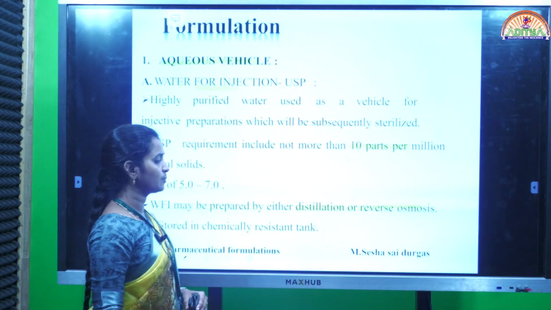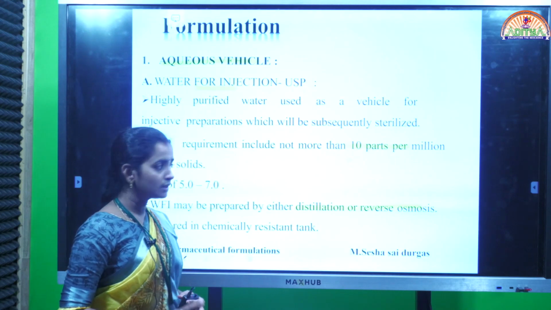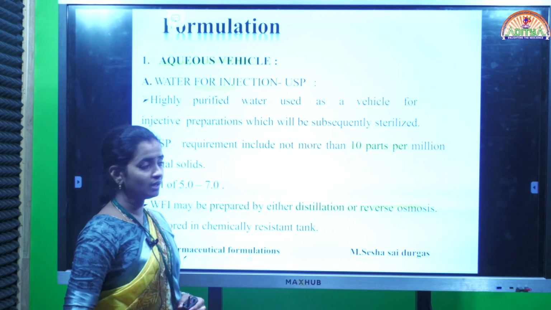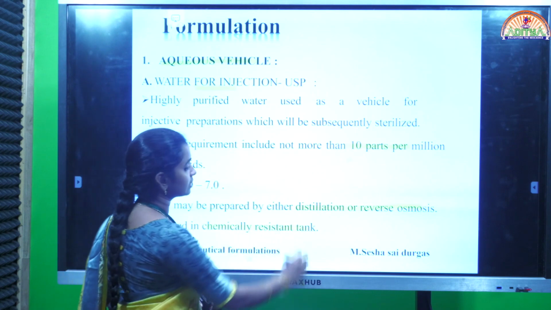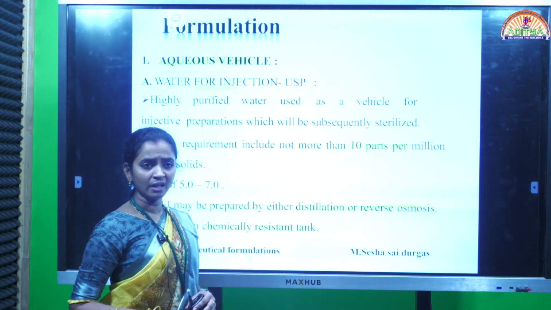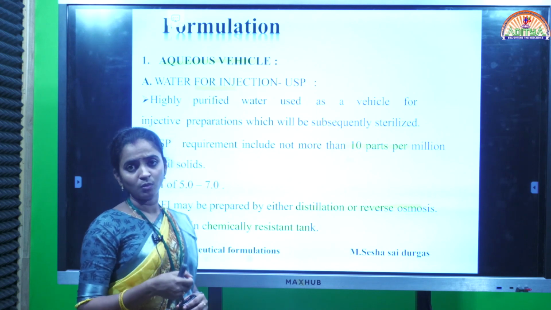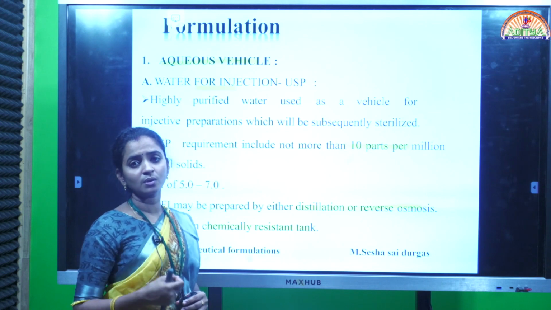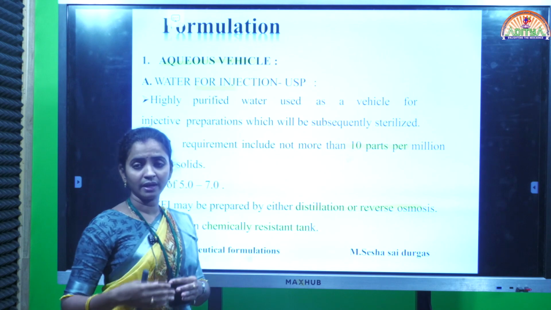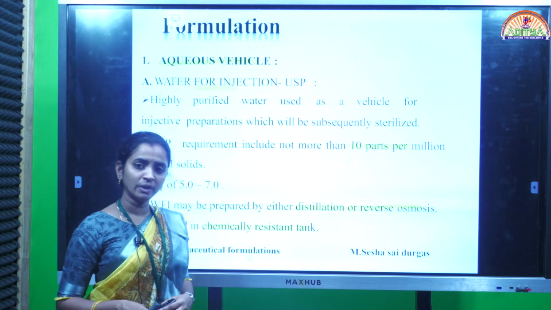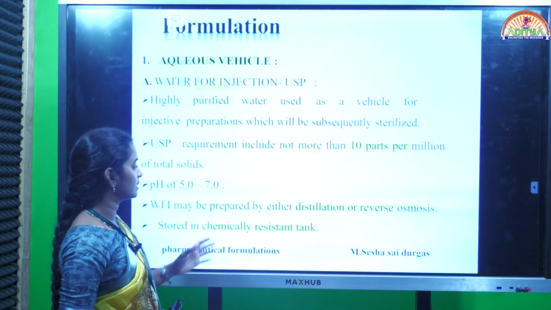So this water for injection is prepared by distillation. Water for injection means nothing but distilled water. That distilled water can be used in the making of the parenteral dosage form. And where can it be stored? It should be stored in chemically resistant containers. For example, if you are using any iron container or lead container, sometimes contamination occurs in the water because of leaching substances or leached chemicals from the stored container. Instead of using a metal container, it is better to use plastic containers to avoid that chemical contamination.